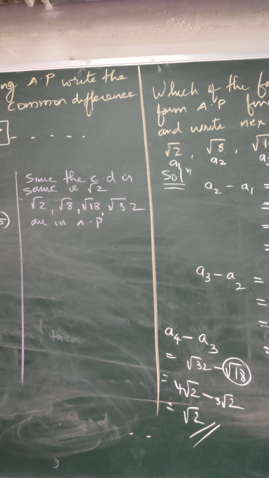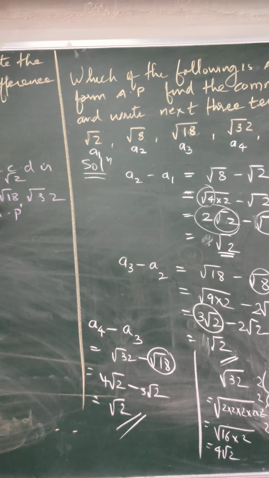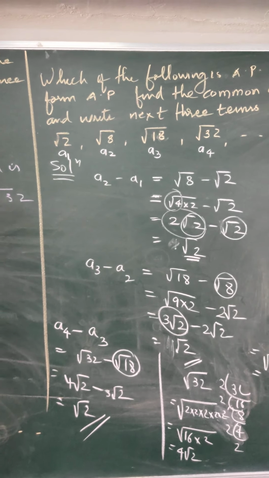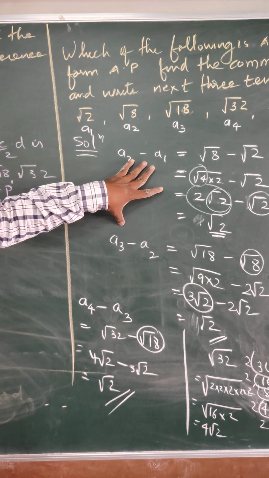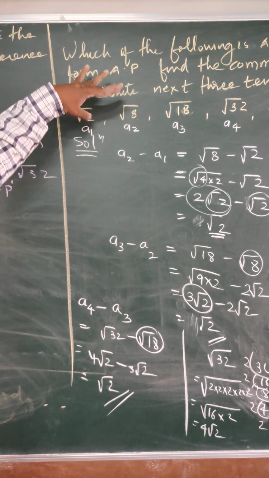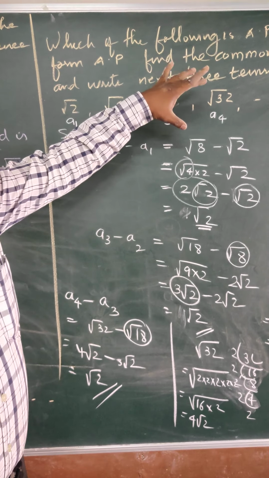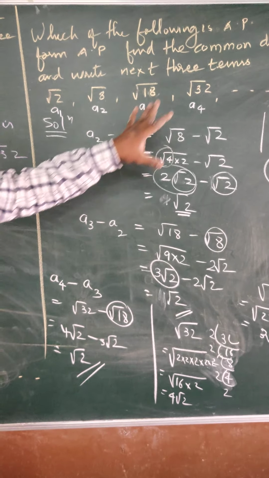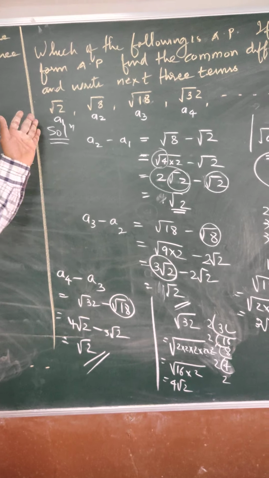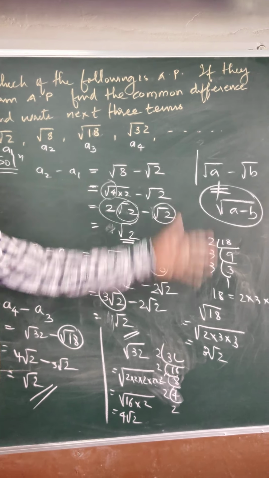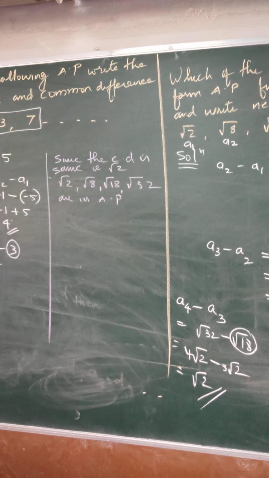Now the question is again incomplete. After checking whether the given numbers are in AP, and here they are in AP, you have to find the next three terms. One thing I want to point out: whenever you are finding the common difference, if the difference between the second and first term, and between the third and second term is the same, but the difference between the fourth and third term is not the same, then we cannot say it is in AP. And when the numbers are not in AP, there is no need to find the next three terms. But here, since the numbers are in AP, we have to find the next three terms.